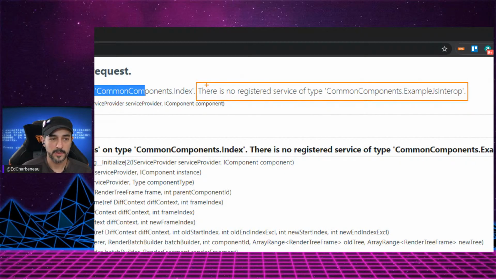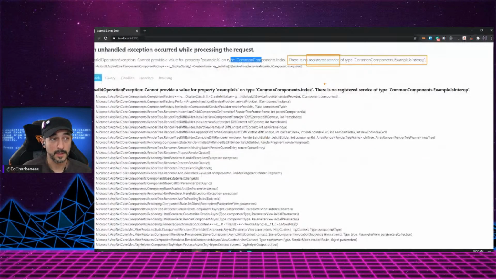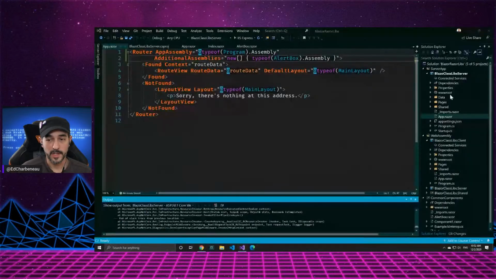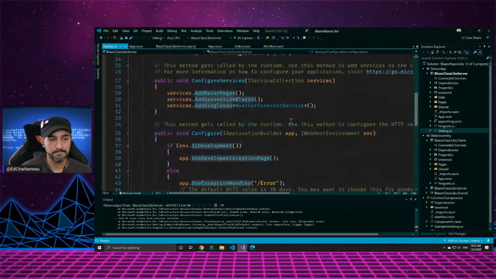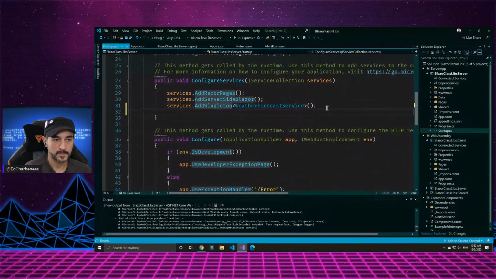Whenever you see there is no registered service for type, that means you forgot, and this is something I do very often, it means you forgot to go into Startup CS and register the service. So we did this on the WebAssembly app, but we haven't done it here yet. So I'll say services, add scoped